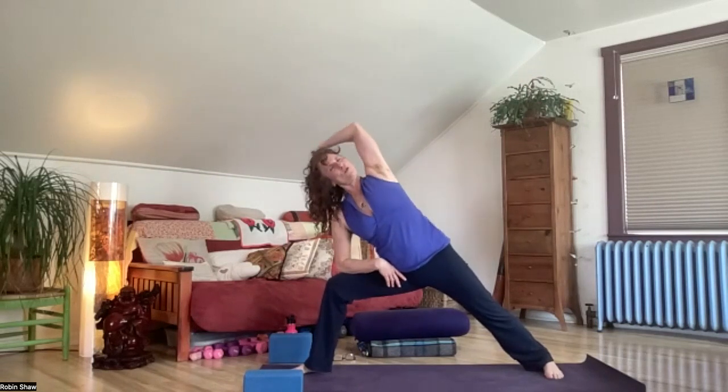Left arm reaches over left ear. Big long stretch from left fingertips through back heel. Check in with your alignment. Your right knee does not want to be caving in, but it wants to be actively pressing out toward pinky toe. Wrap your top arm around the back and feel the twist through the organs, through the belly,